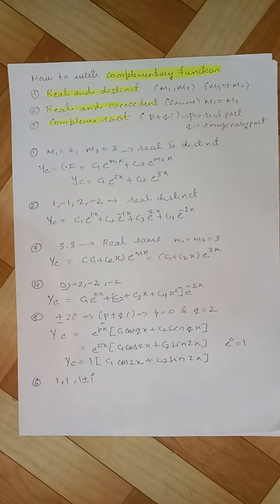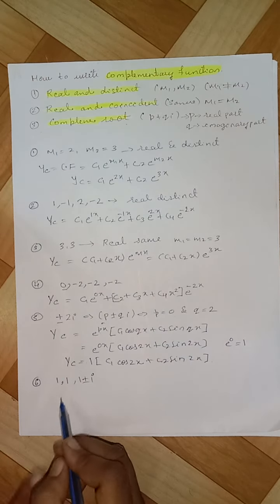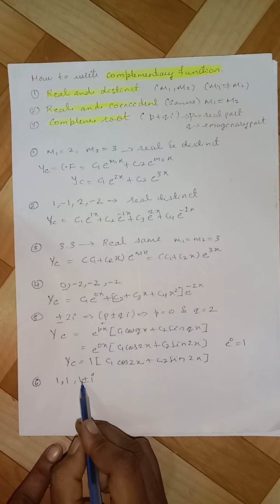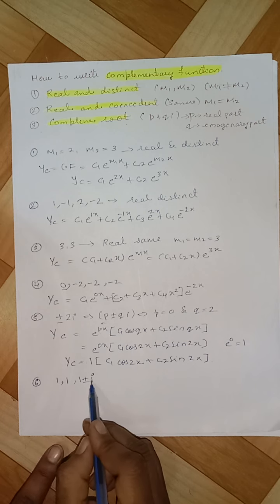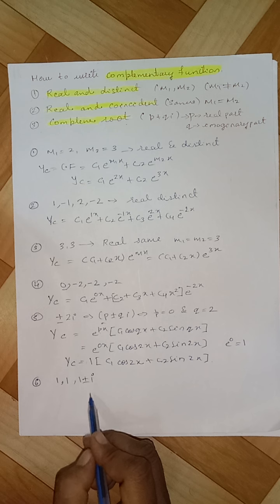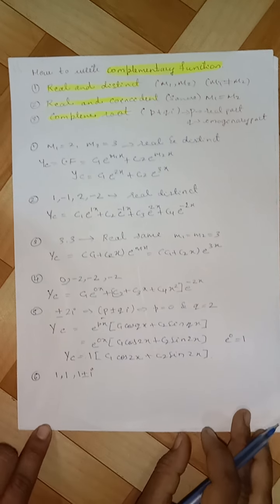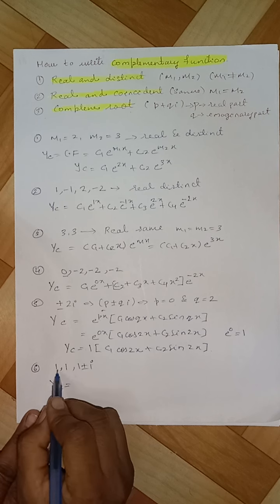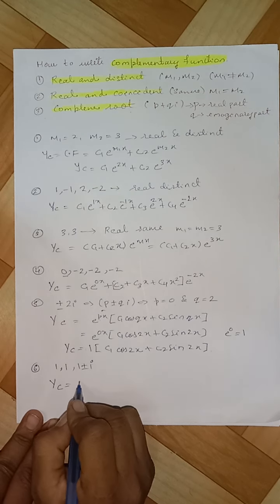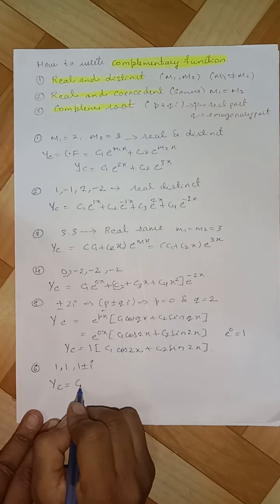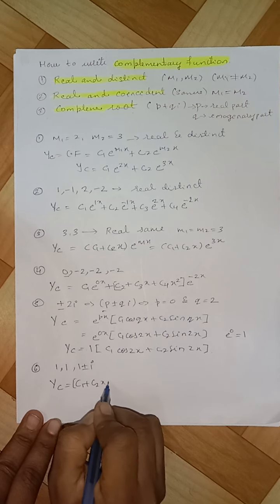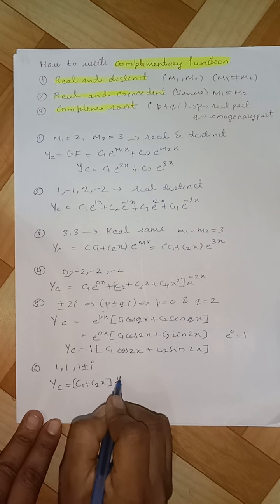So totally here also there are 4 roots in which 1 is repeated twice, and here 1 plus i, 1 minus i are the other two roots. Therefore, in this case, how to write the complementary function yc? So since 1 is repeated twice, we write the complementary function as c1 plus c2x into e raised to